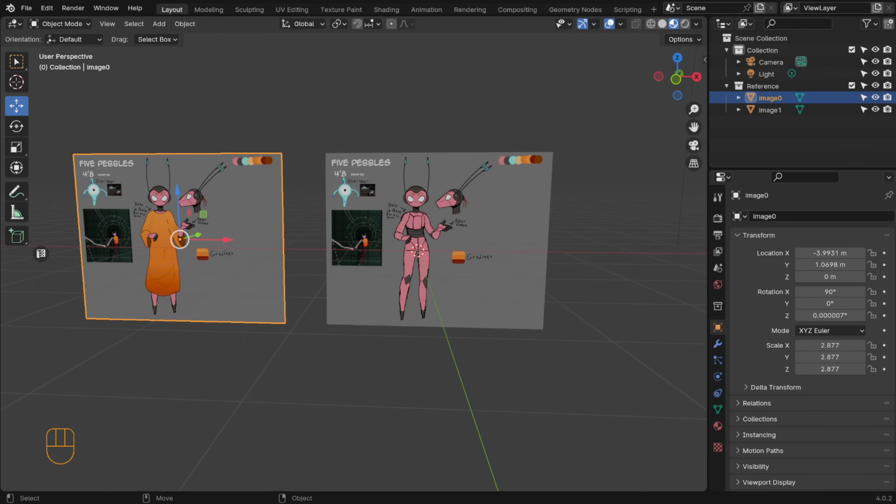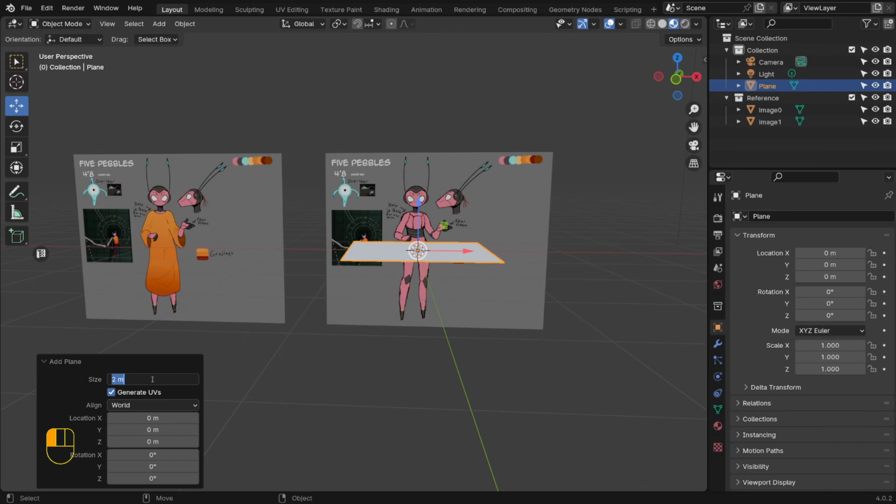So we want to go 4 feet. So 4.8 would be 4.75 feet. Doing the math, there's 12 inches in a foot, so 8 inches is 3/4 of a foot. So 4.75. That comes out to 1.4478 meters. So what we could do for reference is get a cube in here